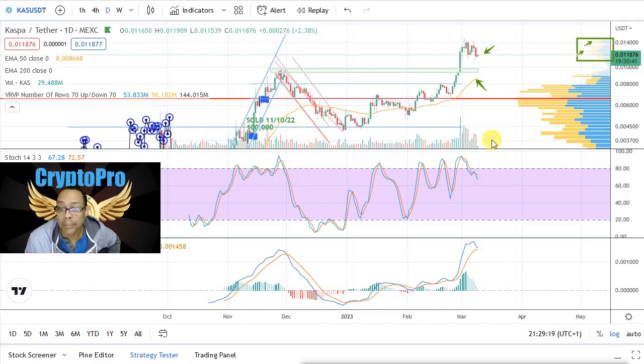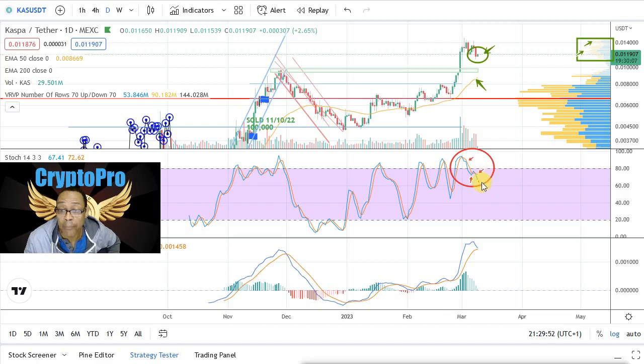So what happens next? Well, we do have the green here, but what do we have downstairs? We have a bearish situation on the stochastic. It looks like we curled over and we had several fake outs where it looked like we were going to cross over and go back upstairs, and we didn't. We had this bullish crossover and it unfurled, and now we're back into a bearish situation where the blue line is below the orange line and they're gaped wide open.